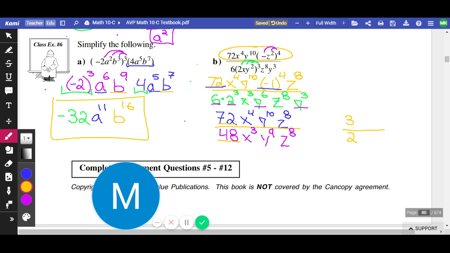I then look at my x's. I have x to the 4 divided by x to the 3. I subtract my exponents to get x to the 1. I look at my y's. Y to the 10 divided by y to the 9. I subtract my exponents to give y to the 1. I look at my z's. I have z to the 8 and z to the 8, which cancels out, because they're both 8, so it should be z to the 0. We don't write z to the 0, because z to the 0 equals 1, and we don't write 1. Whew, that's a lot for combined exponent loss. Hey, so when we come back,